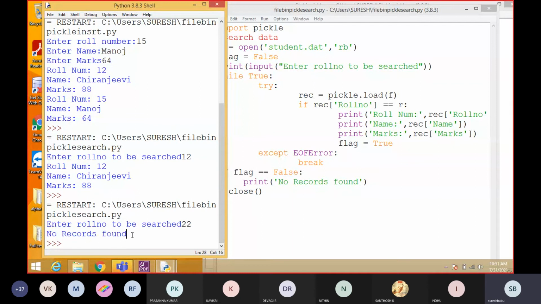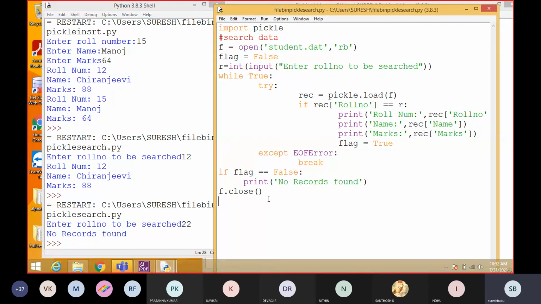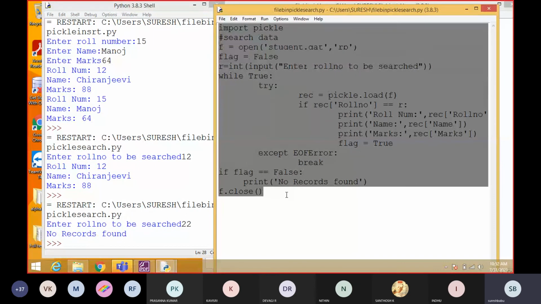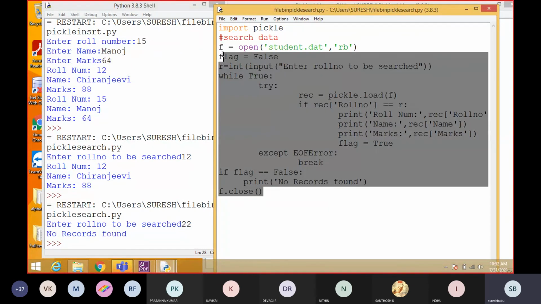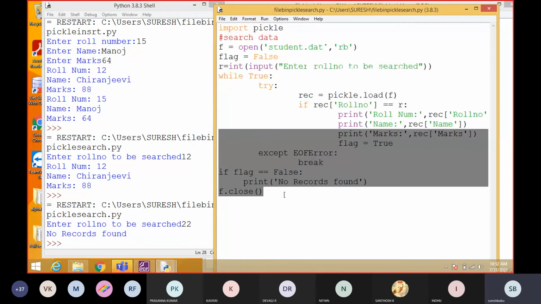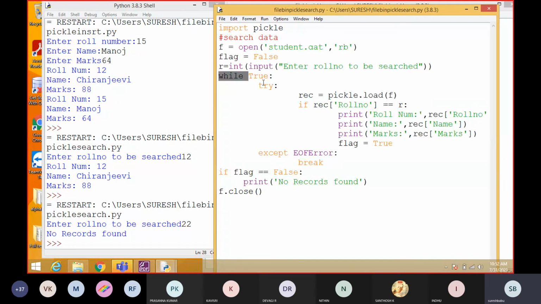So actually we are searching the data in the binary file using this coding. In the exam, students, they will ask with keywords like these: write a program to search this data in the binary file. So definitely you have to give this coding. This is very important, and kindly understand the indentation. Indentation is very important. This is not like designing.